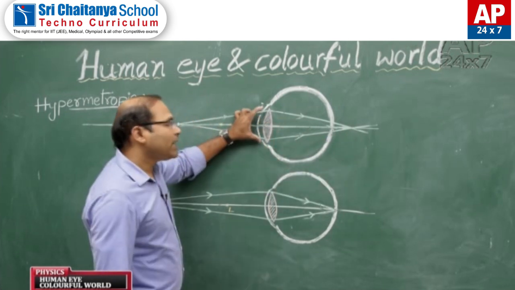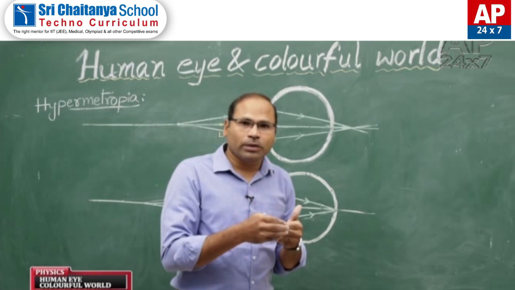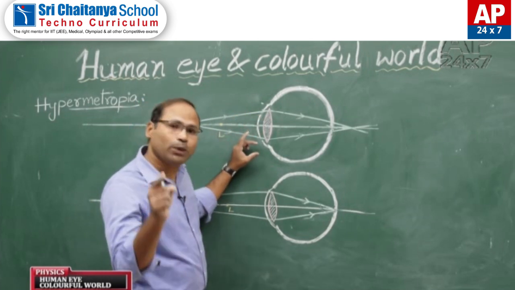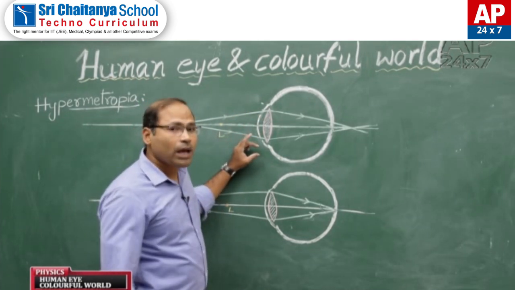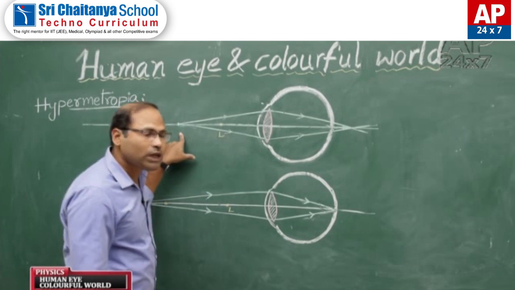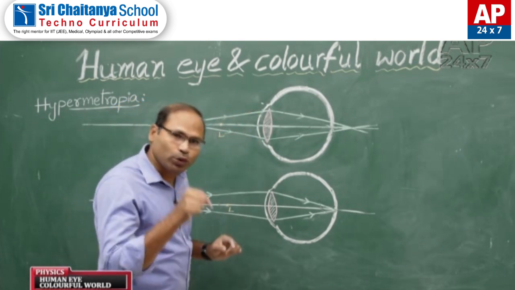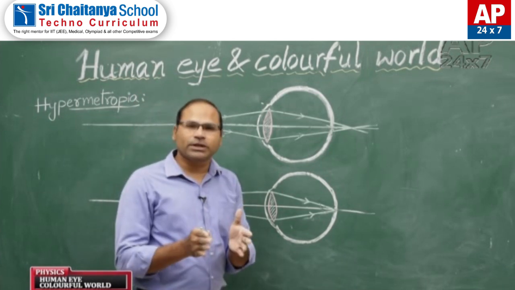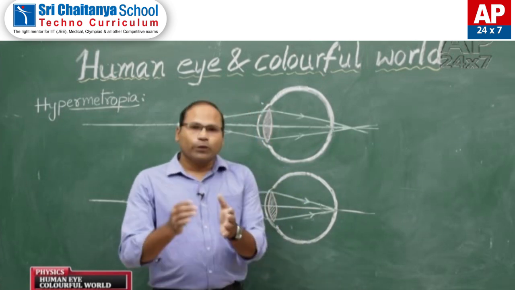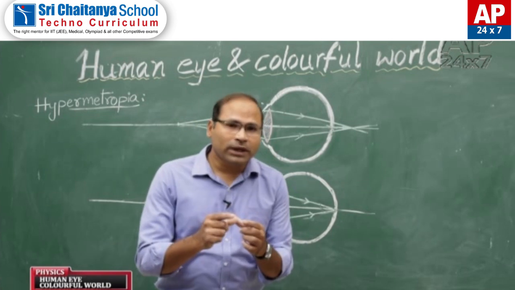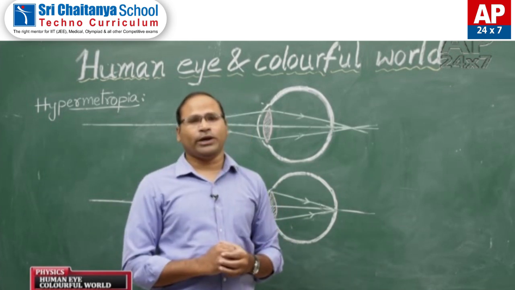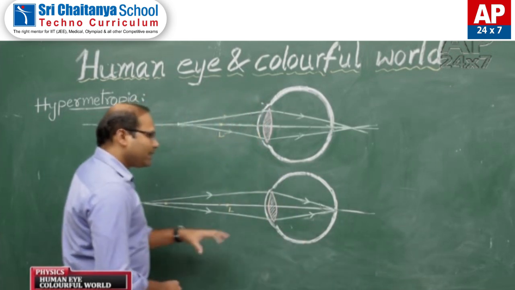See, whenever you see a nearby object, a healthy human eye can diminish its focal length to a minimum value, that is 2.27, that we learned in our earlier class. When this eye suffering from hypermetropia tries to see a nearby object, it will try to diminish its focal length to 2.27, but it can't make it. It stops somewhere at 2.28 or 2.29, like that. That is why you can conclude that the minimum focal length of eye lens of hypermetropic eye is greater than 2.27.